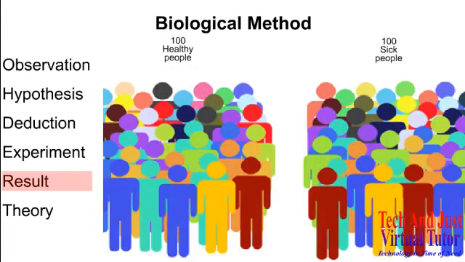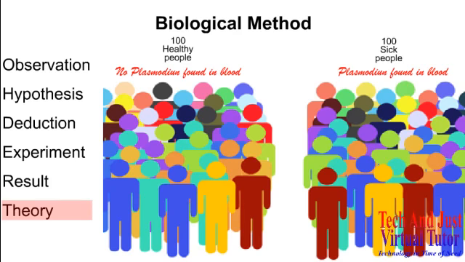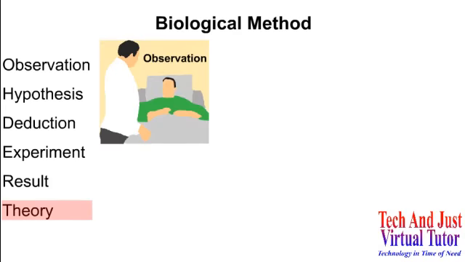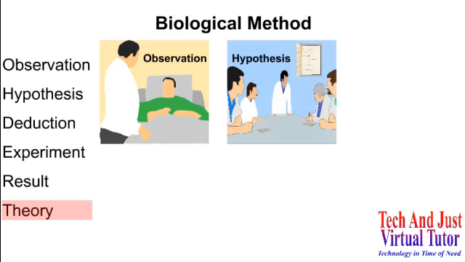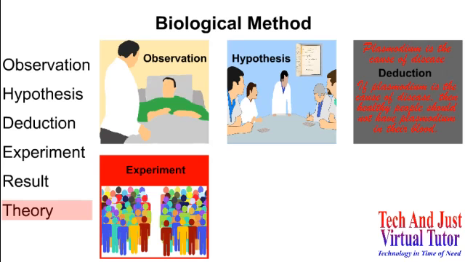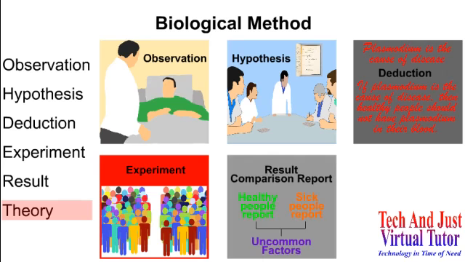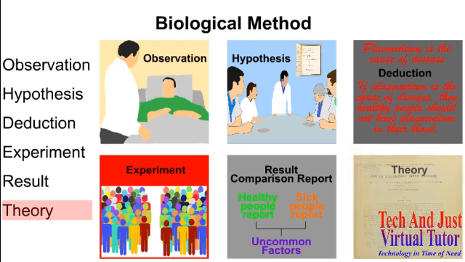If the answer obtained from these experiments is true, then this means that the hypothesis is correct. And since the hypothesis is found true and correct, the final step of theory takes place, which includes the observation, all statement reviews, suggestions and guesses which were recorded in the meetings, then hypothesis, deduction, experiment and results. All this information gets bound in one cover and this is called the theory.